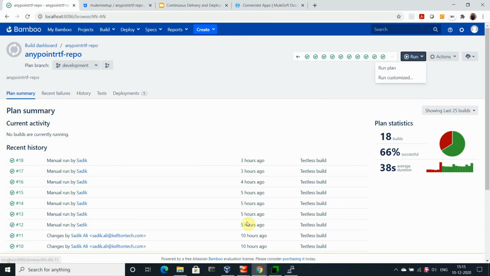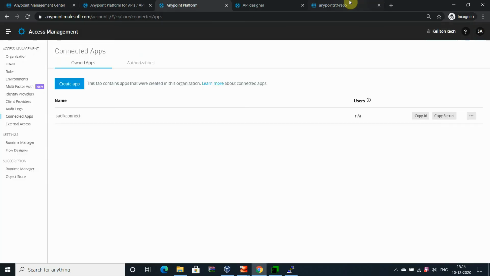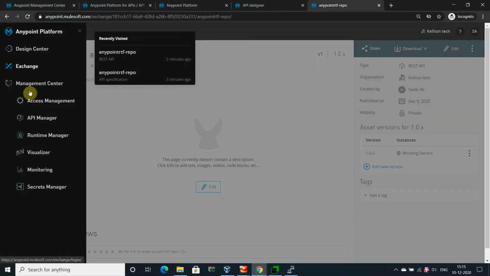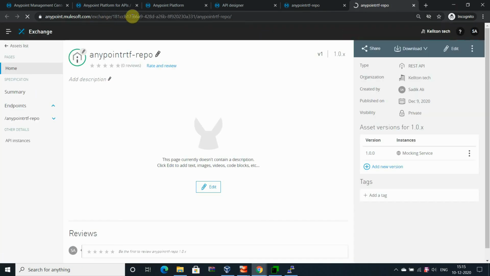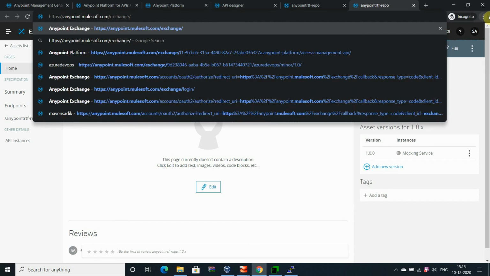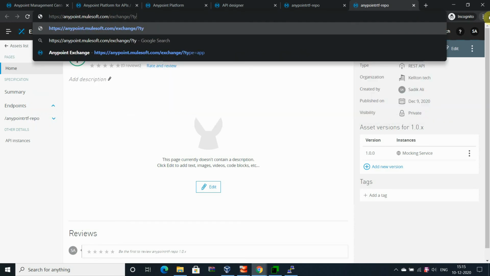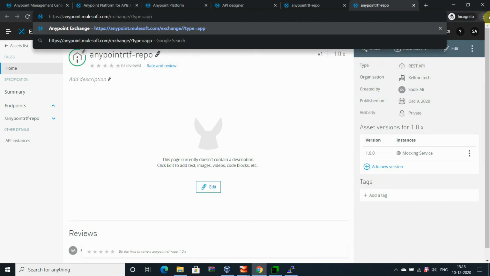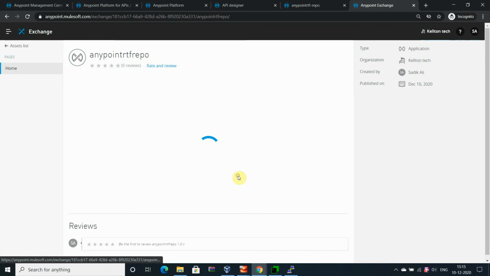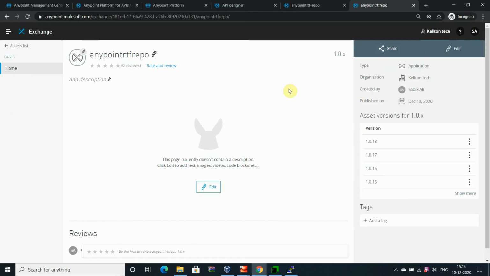You will see that in Exchange. Let me go to the Exchange first. Which version have I released for the application? Let me check the version from there. You can see that in Any Point Exchange, I have exposed this.